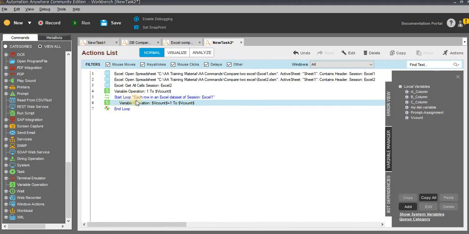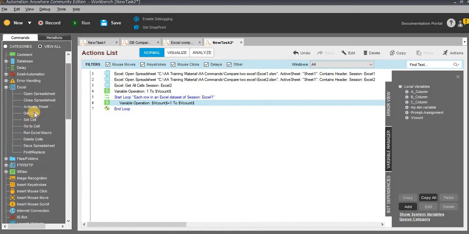Whenever the loop is running, it will increment each and every time, which means first time it will consider as 2, since previously we have assigned the V count value as 1. Second time 3, third time 4. Like this, it will increment each and every time. Very simple concept.